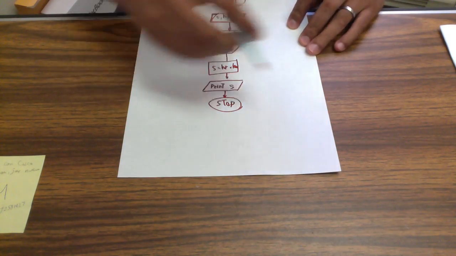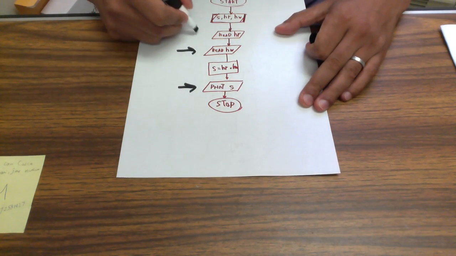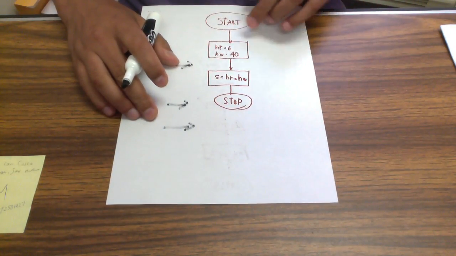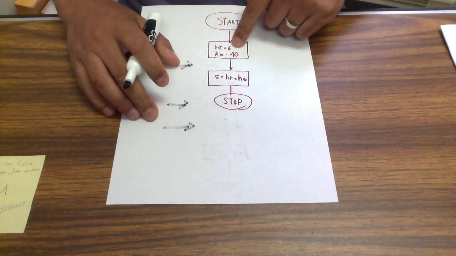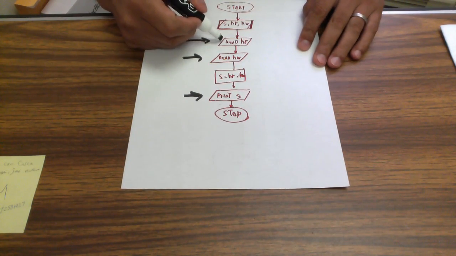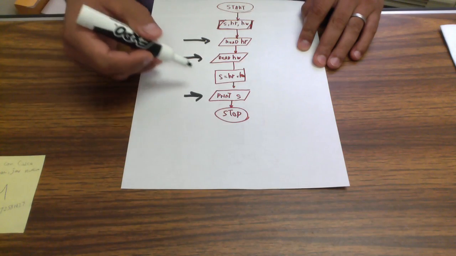This has only these components that are new from our previous diagram, okay? Which you had given the hourly rate and the hours worked. Here we're just getting it from the user. You read it from some input from the keyboard, and you read this from the keyboard as well,